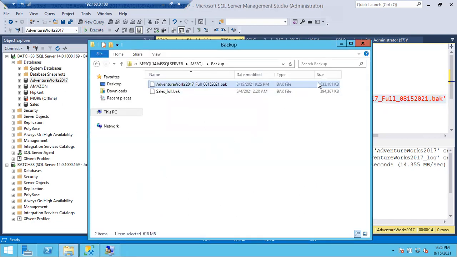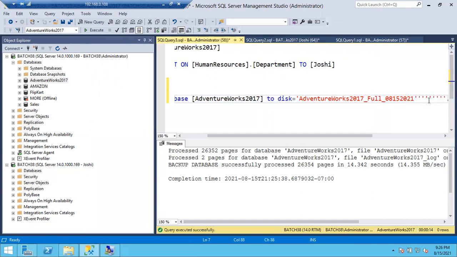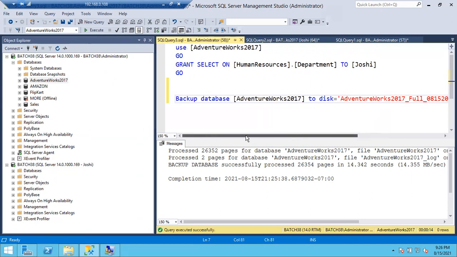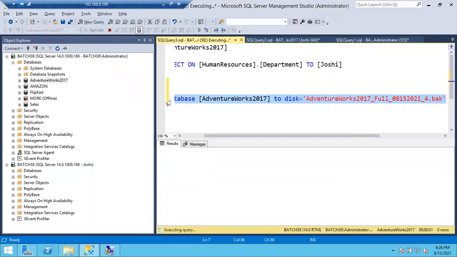And if you see here earlier, this is 412 MB, right? 412 MB plus 206 MB again. Okay, 412 plus 206, 618 MB. So in case you have doubt or you are confused, I'll change the file name slightly. Underscore 4, this is the fourth time, right? Okay. So now let me run this query again. Now it will create a new backup set. Why? Because the file name is changed, right?